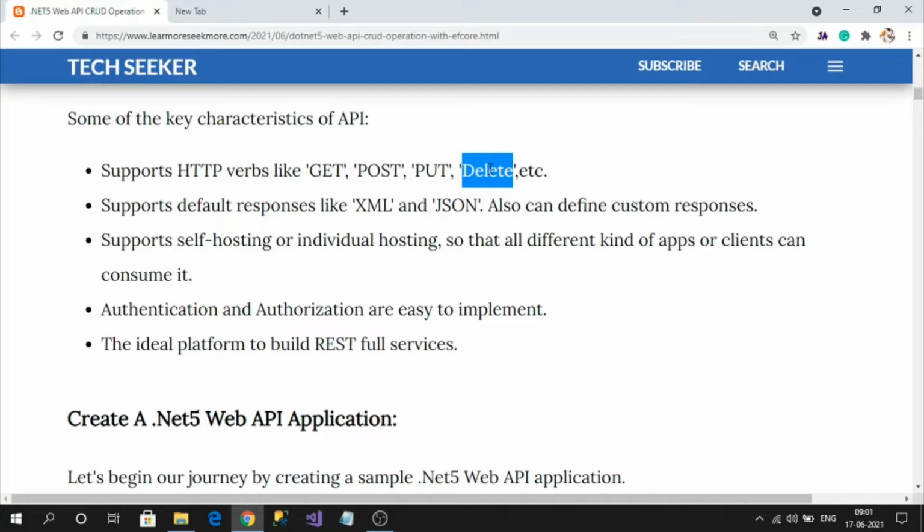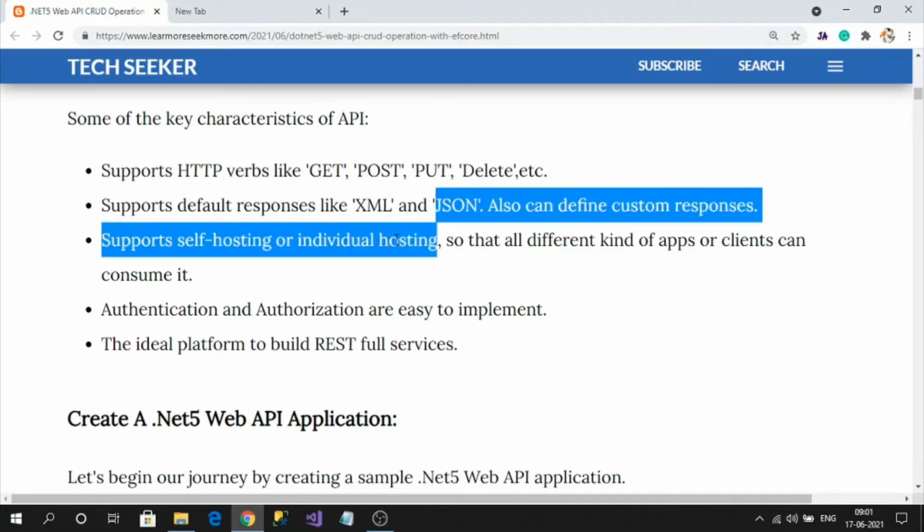I have explained that a class that contains a set of methods can be called a Web API. To invoke a particular method, it depends upon the type of request. So these are the most commonly used HTTP request protocol types that we are going to use in Web API.